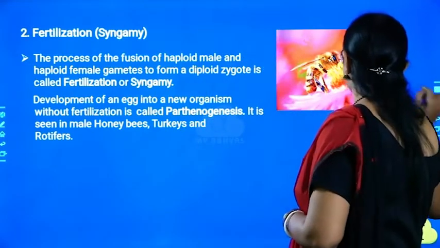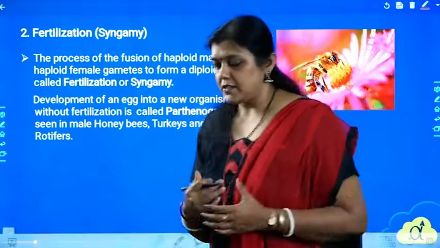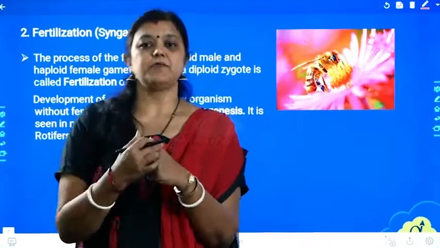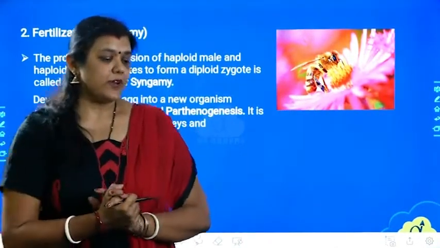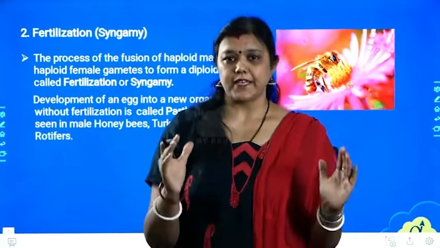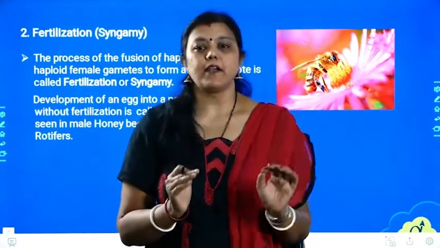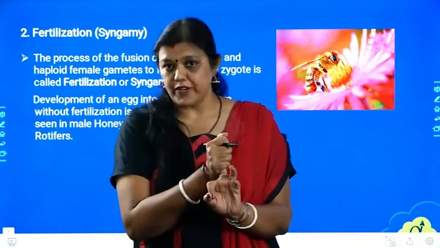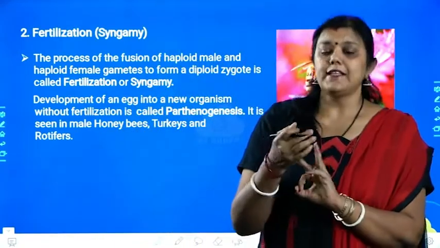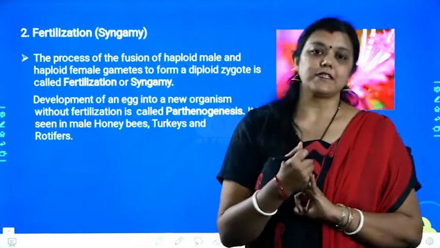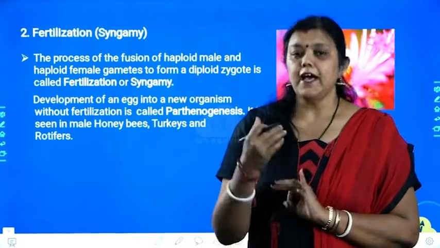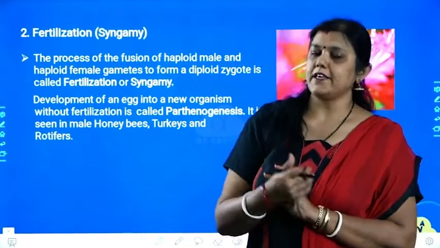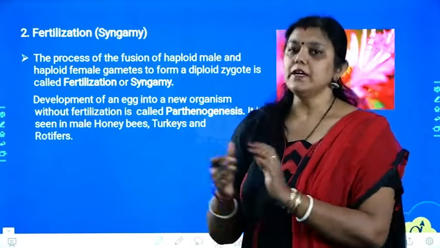Before going to the fertilization technique, let us just overview what we have discussed before. In the previous session, we have discussed that the life cycle of an organism is divided into three phases. That is the juvenile phase or the childhood. Then comes the reproductive phase when the organisms are reproductively active. And the third stage is called senescent age or the old age, which leads to death.